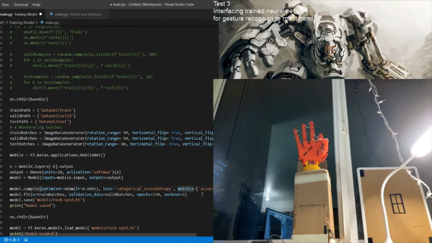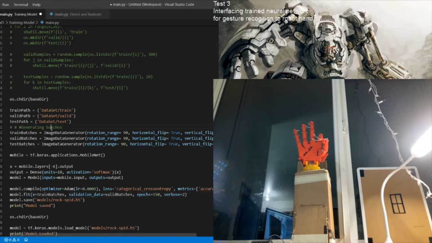Here we are setting metrics to accuracy, and once this is compiled, we will call the fit method. Fit is nothing but the training, where we train our model. Fit will take X and the valid data set. Actually, usually it takes X, Y, where X denotes the input image and Y represents its corresponding class.